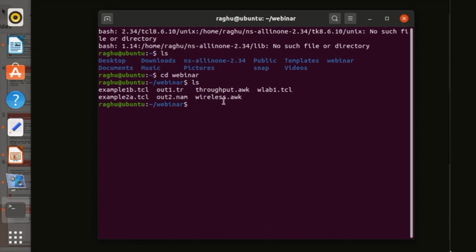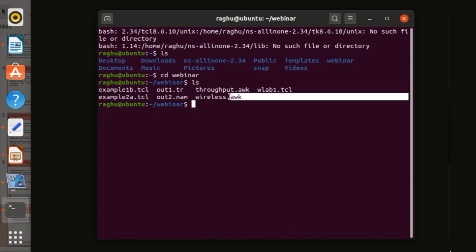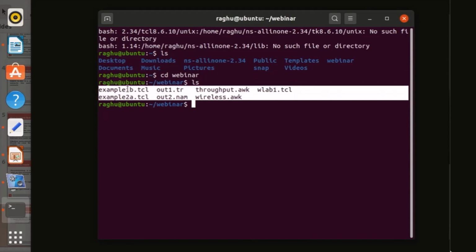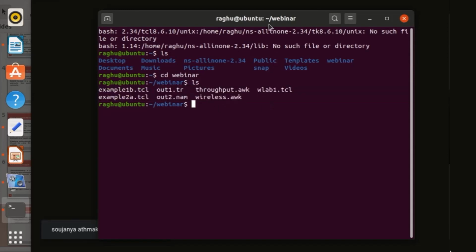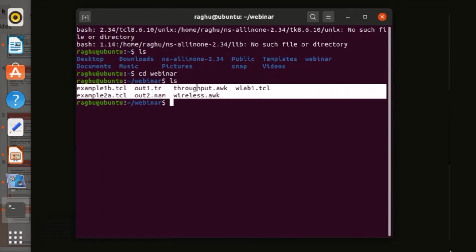Okay, the folder names will be written in blue color and file names will be in white color. The color codes can be changed in your computer. But both are shown using different colors.